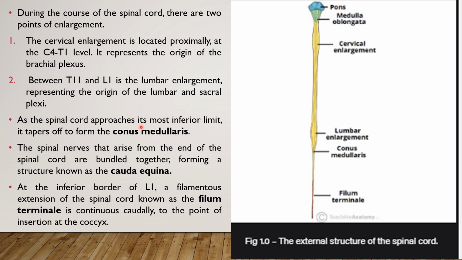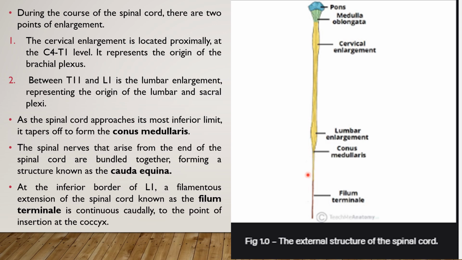As the spinal cord approaches its most inferior limit, it tapers to form a structure called the conus medullaris. So the tapering end of the spinal cord is called the conus medullaris. This is the conus medullaris. The spinal nerves that arise from the end of the spinal cord are bundled together, forming a structure called the cauda equina. Whatever spinal nerves arise from below the conus medullaris form a single bundle of nerves called the cauda equina,